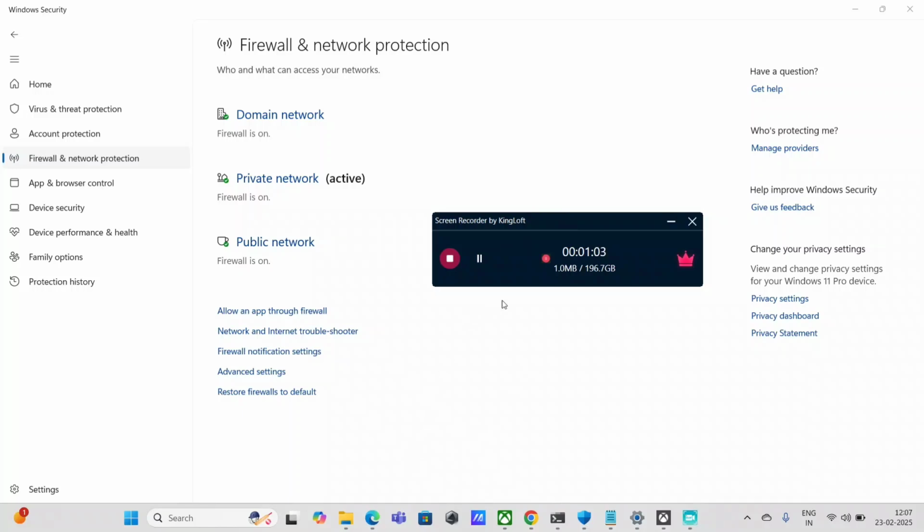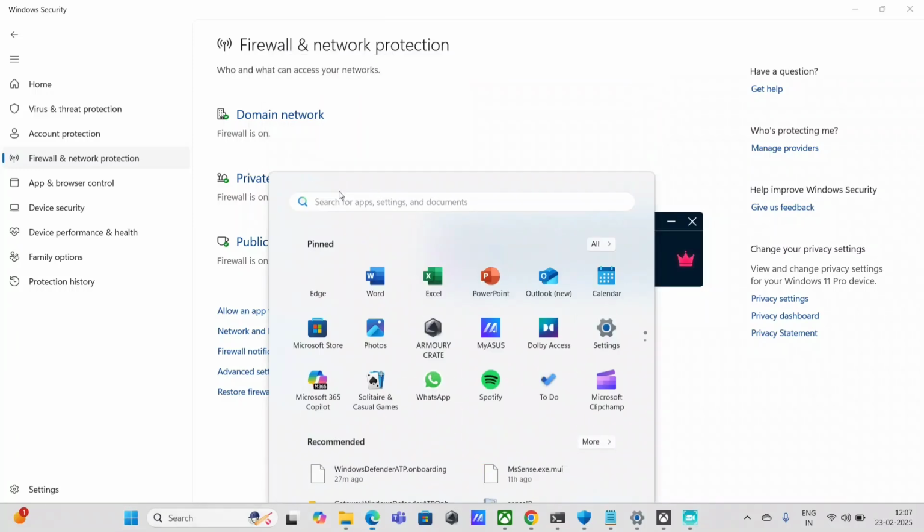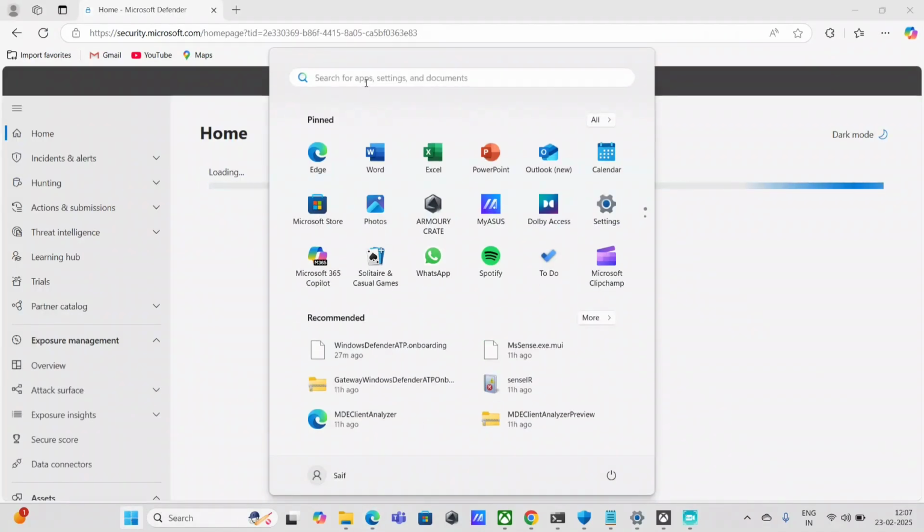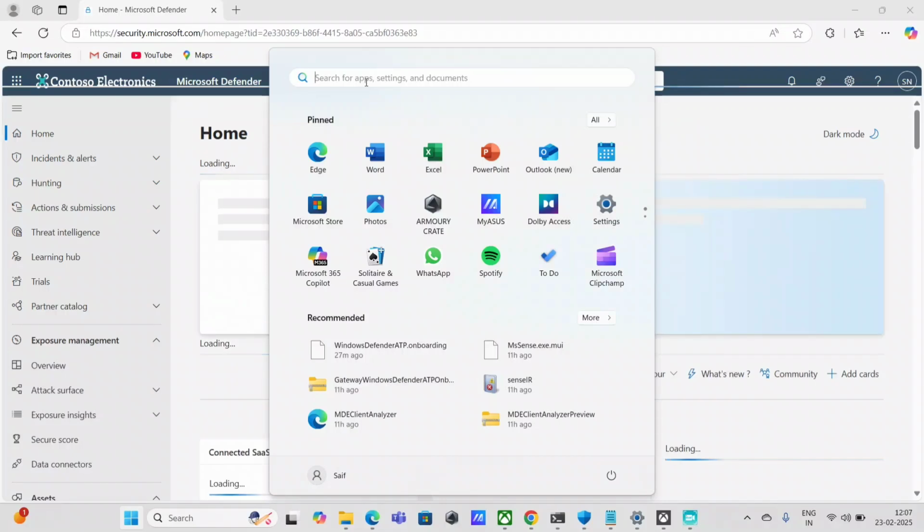I'm going to use a feature called advanced hunting within the Security Center. So I'm just going to quickly open up my browser and go to the security.microsoft.com portal. Additionally, I'm going to write an advanced hunting query using the KQL language,